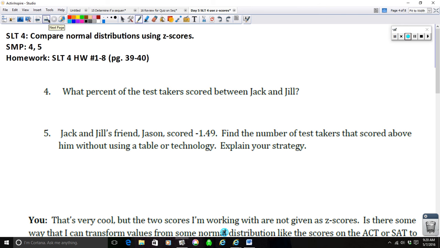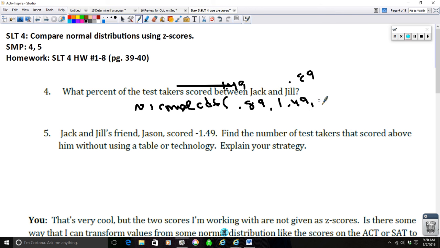What percentage of test takers scored between Jack and Jill? This is where the calculator is fantastic, because Jack, again, is 1.49 standard deviations, and Jill is 0.89. I'm sorry for those strange lines. I don't know why they keep showing up. So in the calculator, you do normal CDF of minimum, which is 0.89, that's smaller, maximum, which is 1.49, comma 0, comma 1. Again, you can drop the 0 and 1 if you want, but the area in between is going to be